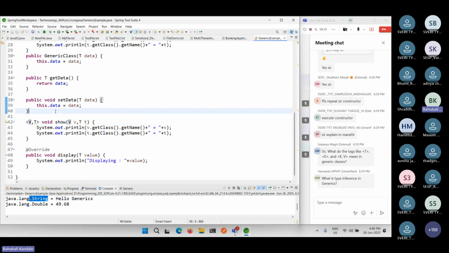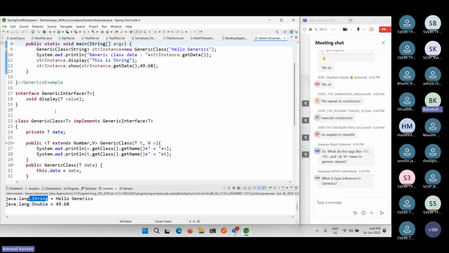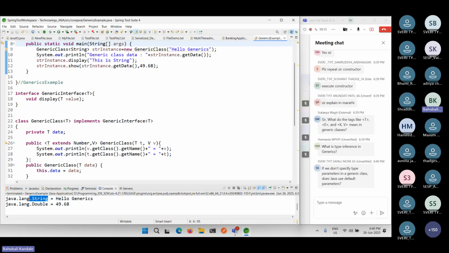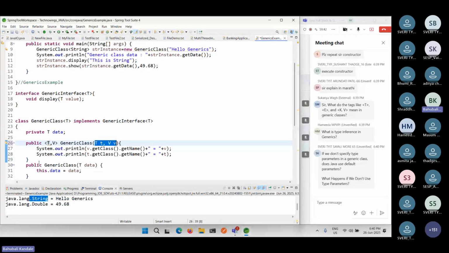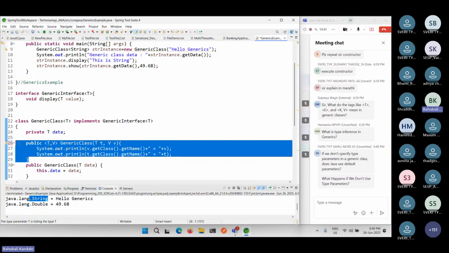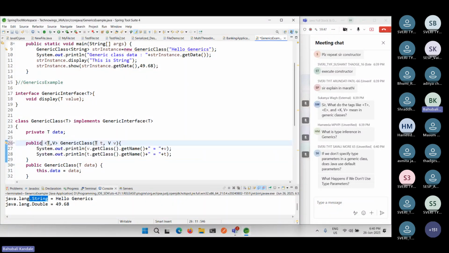After that, we create a constructor with generics. So how do we create a constructor of generics? Look here. Our constructor is public. After that, the generic type. So here we use two generic parameters, T and V. After that, the constructor name, and the constructor parameters. So in this way we create a generic constructor, and within that generic constructor,